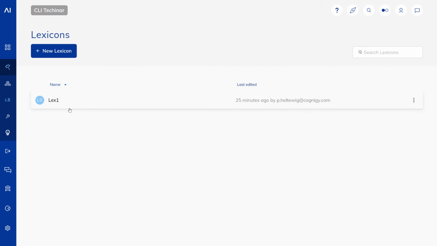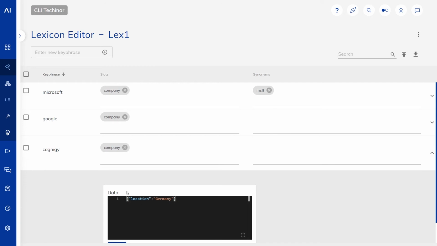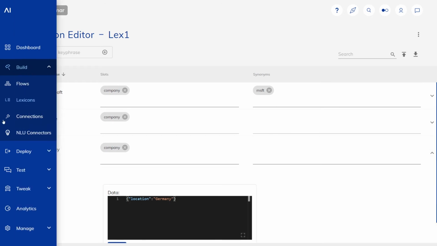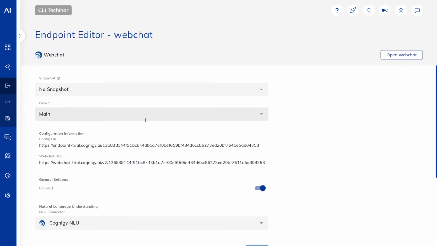It also has a lexicon with currently 3 entries, which have one slot tag assigned each, and a synonym. And the Cognigy one also has some data attached to it. And we also have an endpoint, which is a web chat endpoint, which we can see here. So again, we have one flow, one lexicon, and one endpoint.